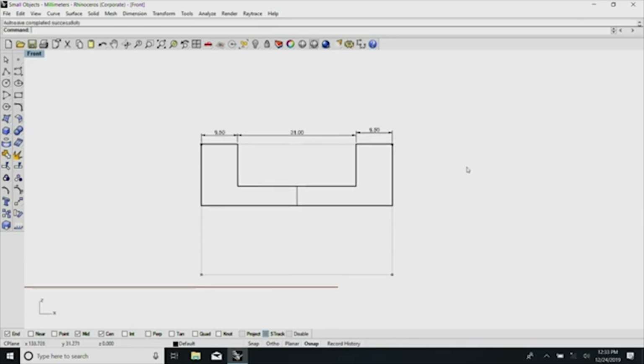Once you have made a drawing of one of these profiles, the advantage of using any of these CAD packages is that I can easily